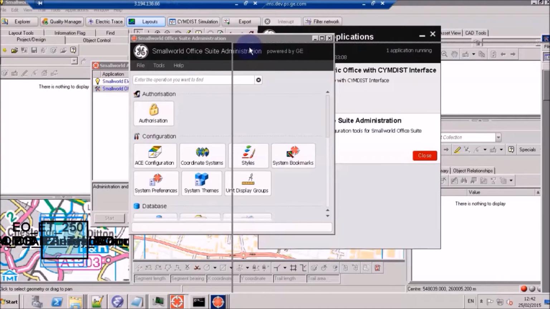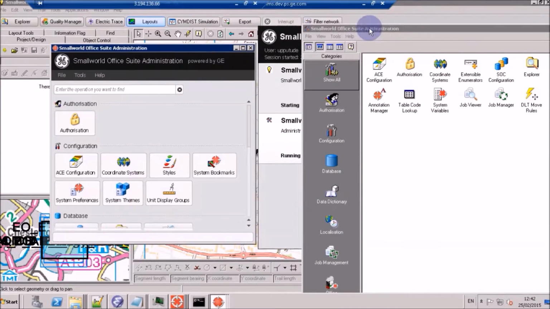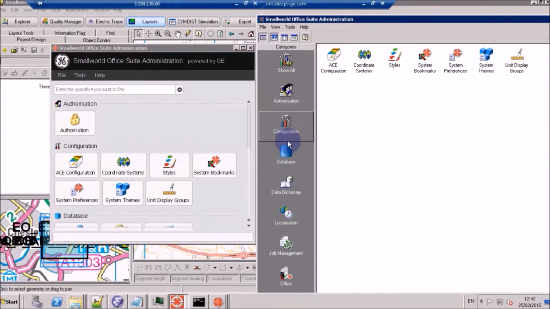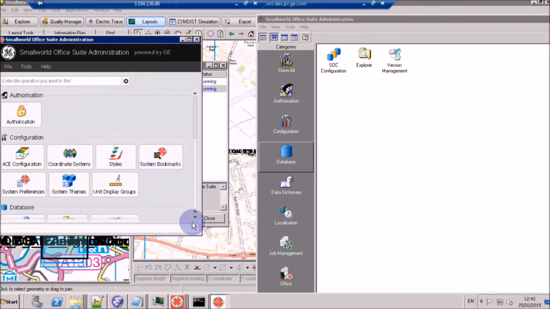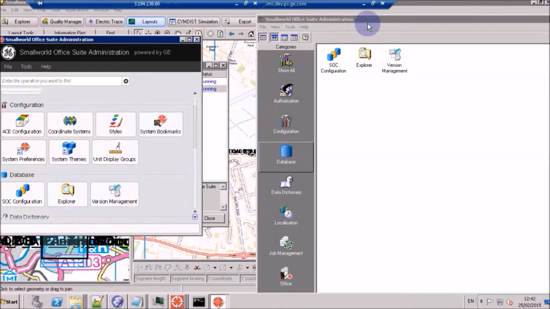Okay, now we have both the administration applications open. Just see how the layout is and the difference in the UI.